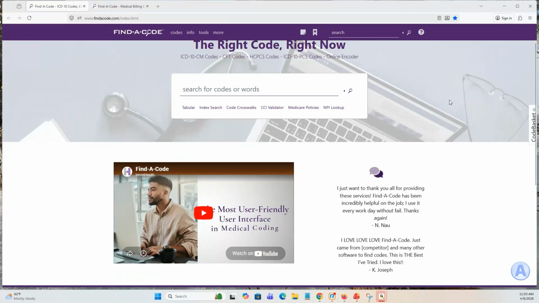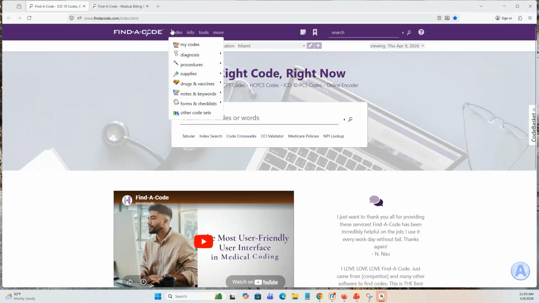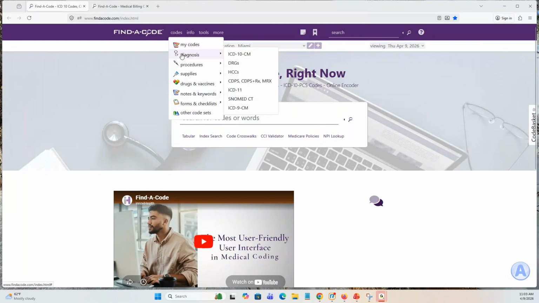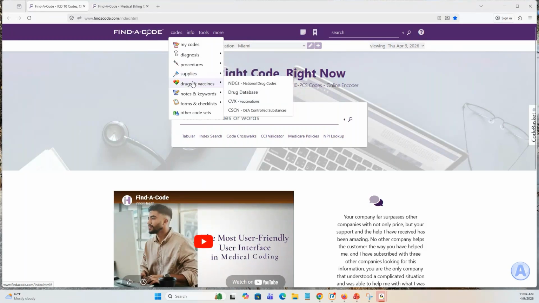So what we're looking at right now is the home screen. I'm just going to scroll up, make sure it's working. So this is the Find a Code home screen. Find a Code, as I mentioned, is just a tremendous code reference tool. You're going to have access to all of your codes, diagnosis codes, DRG, ICD-11, they're in there. I know that's kind of scary to think there are ICD-11 codes in there. All your procedure codes, CPT, HCPCS, dental if you need them, SNOMED, APCs, you name it, PCS codes, you've got them in there, as well as HCPCS codes,